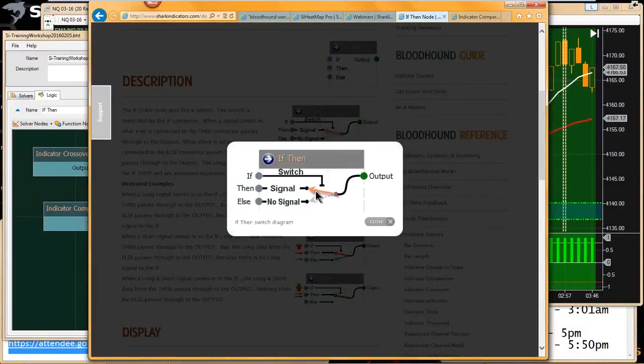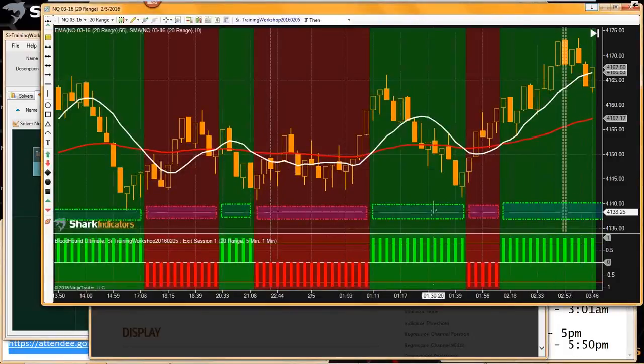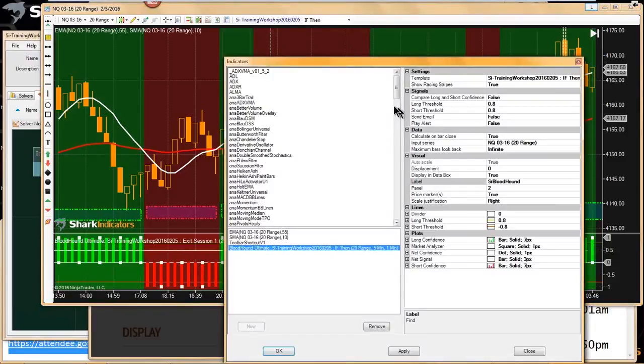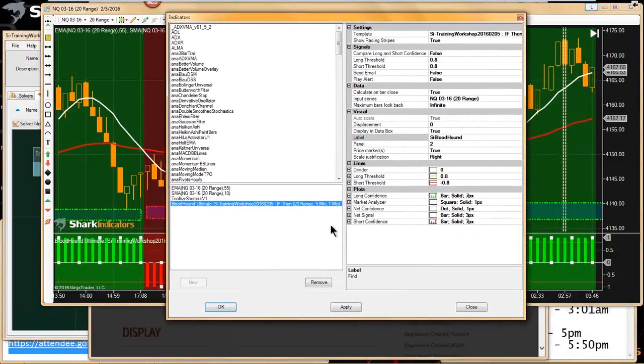Inside the if-then, there's actually two switches, a long switch and a short switch. There are two switches because, as you guys know, BloodHound gives you long signals and short signals. So, going back to the fundamentals of how BloodHound works,